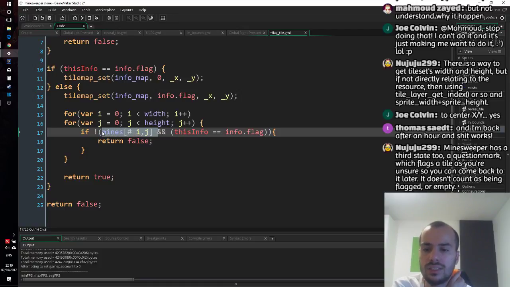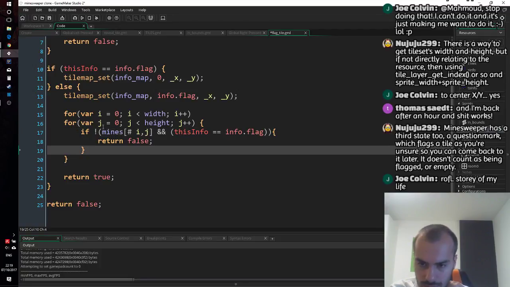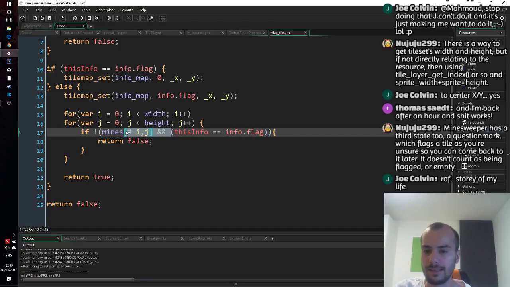No, if this is, oh yes, this is a problem. We only want to do this if there's a... Yeah, but if this is nothing, then this will be true and it's going to return false. Yeah, so I'm going to have to split this up. I'm going to have to say,